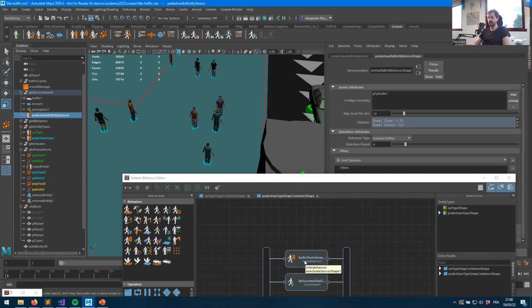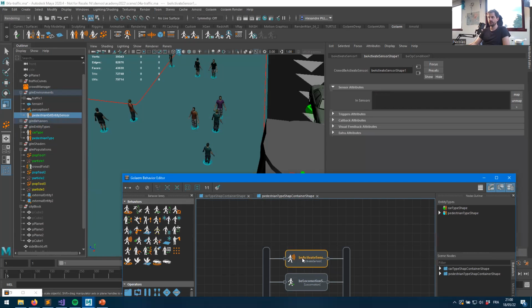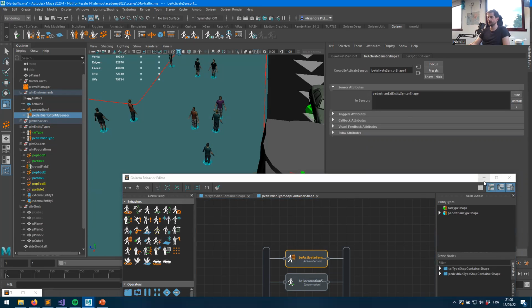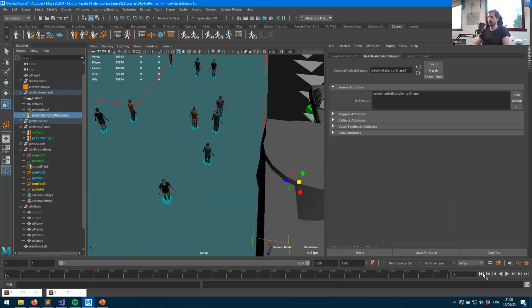Let's select my activate sensor behavior. If I press Shift, it keeps the selection, so my sensor is going to be selected at the same time as the activate sensor. Let's press on the map button. So now the two of them are connected. And now if I run the sim,